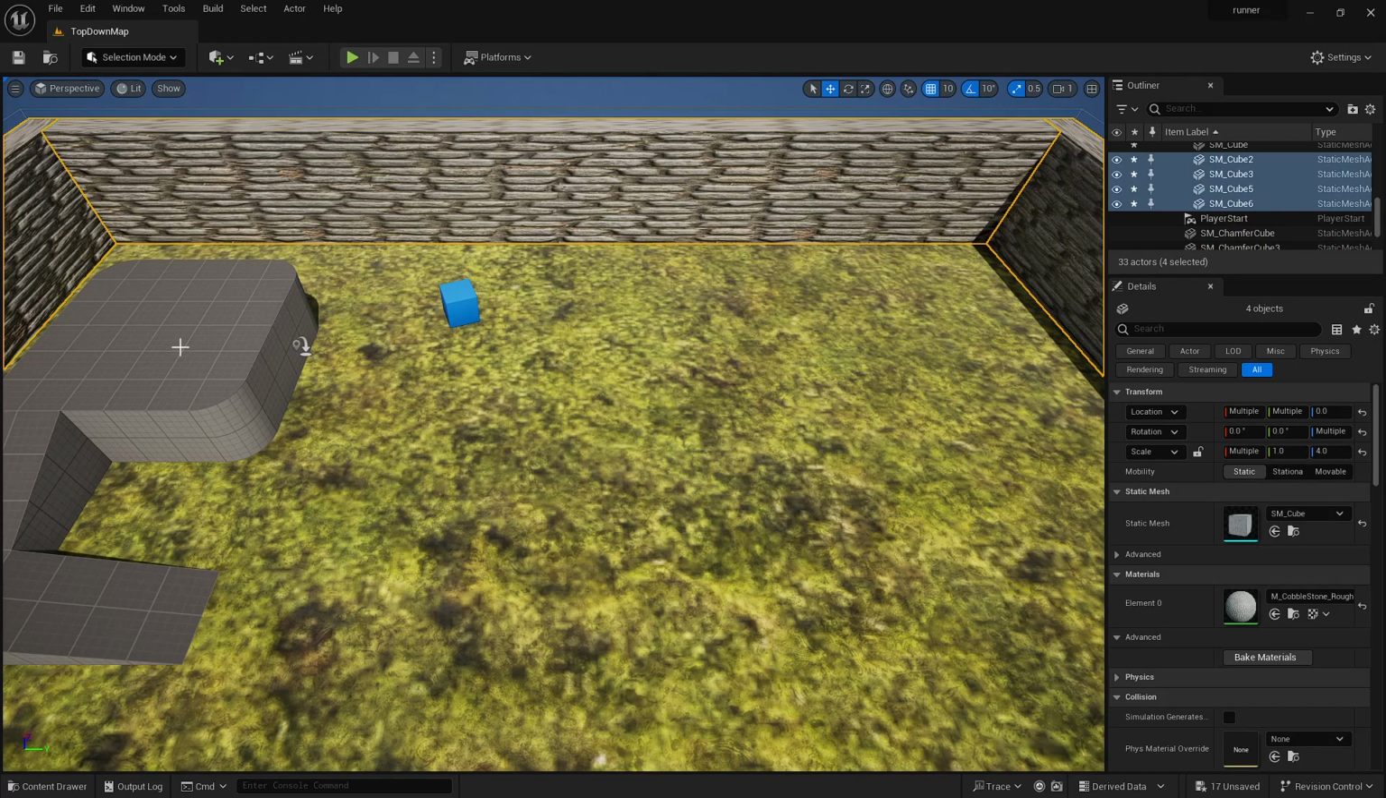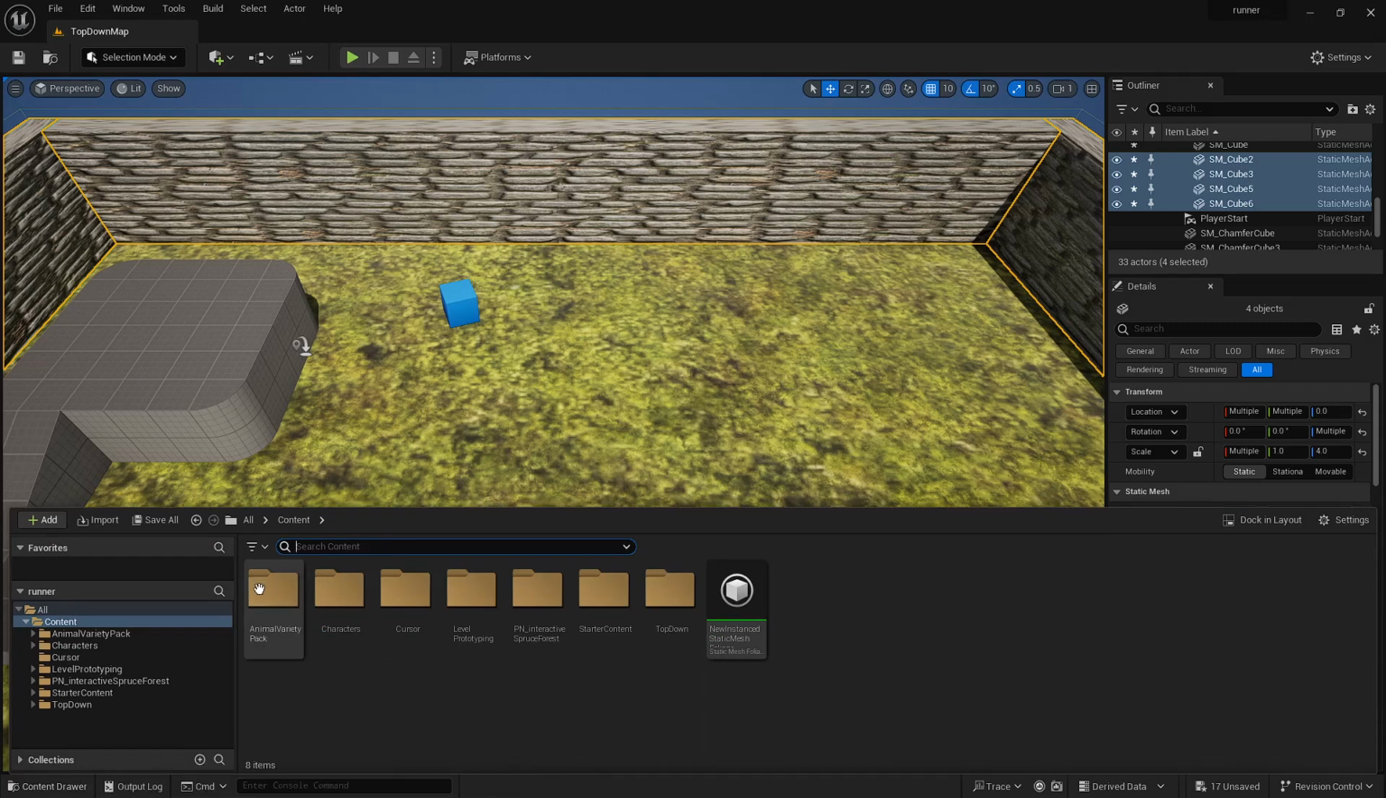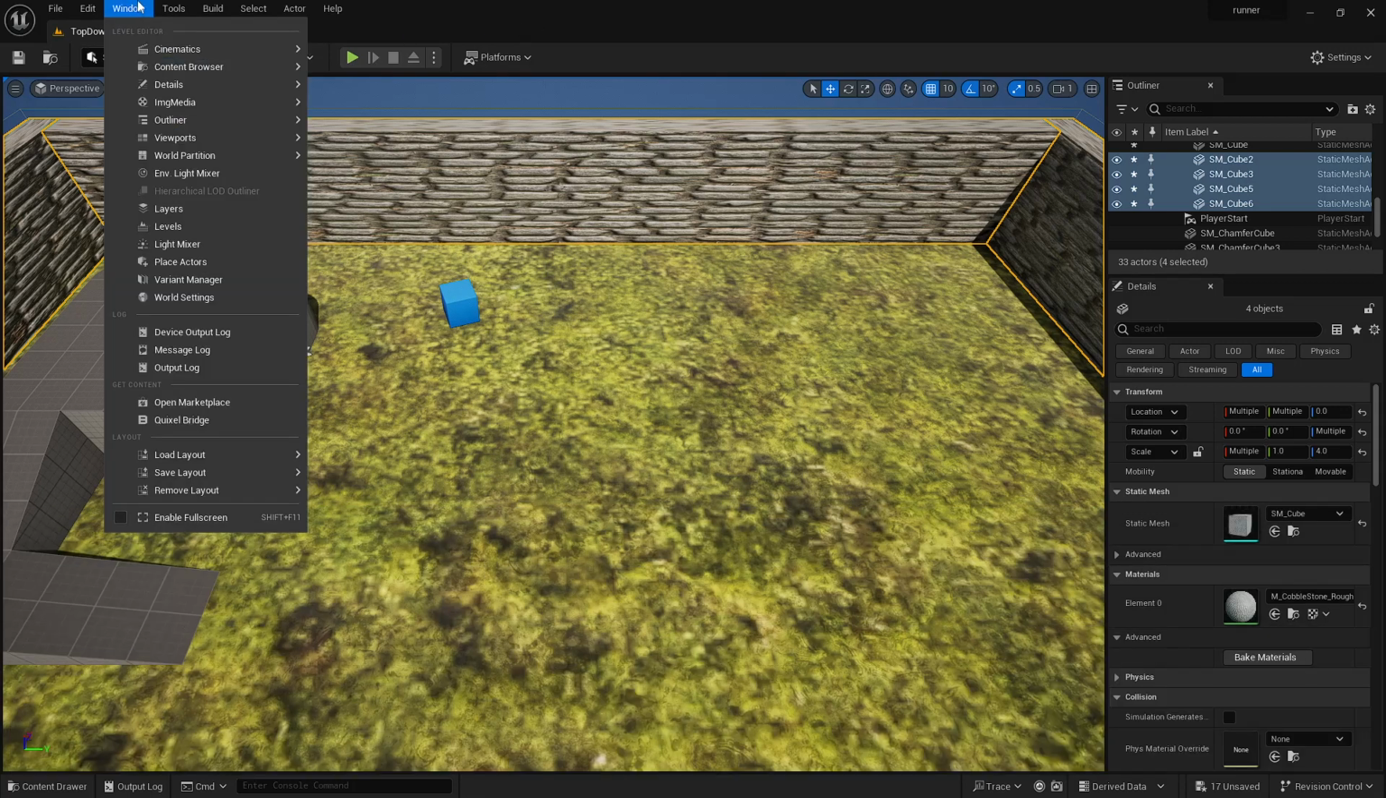So the next thing is to add your own models in, and you do that from the content drawer, which I have some of my own in here, but I'm going to show you how I would get those. So you go up here, Window, and then from Window,